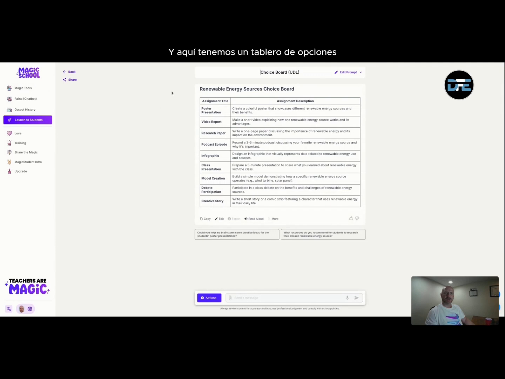And here we have a choice board, UDL board for students, renewable energy sources choice board with an assignment title and an assignment description for a poster presentation option, video report option, research paper option, podcast episode, infographic, class presentation, model creation, debate participation, and creative story. So these are multiple options for students to demonstrate their learning through the use of a choice board for a